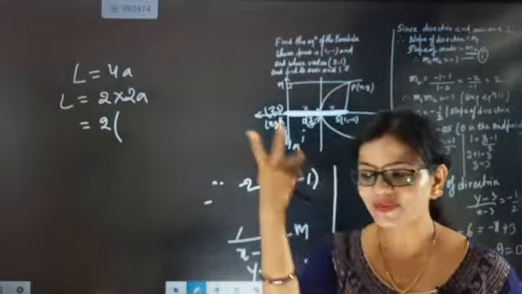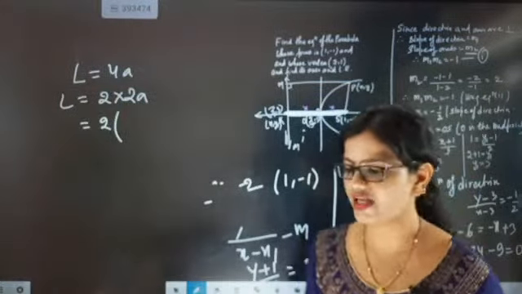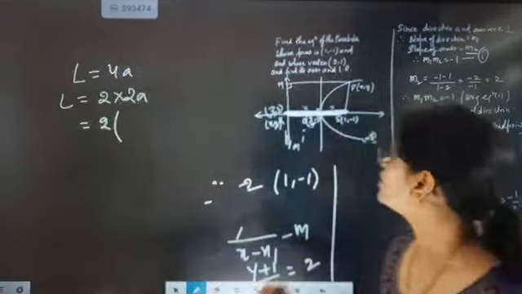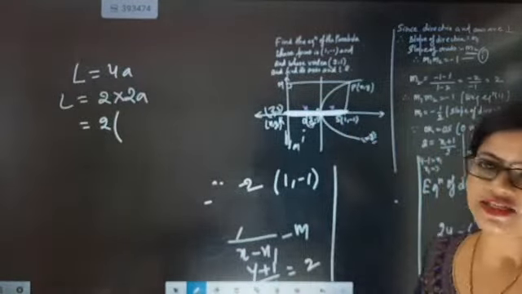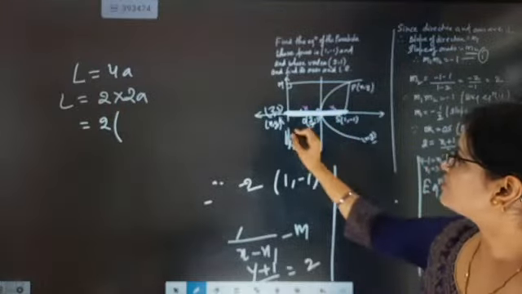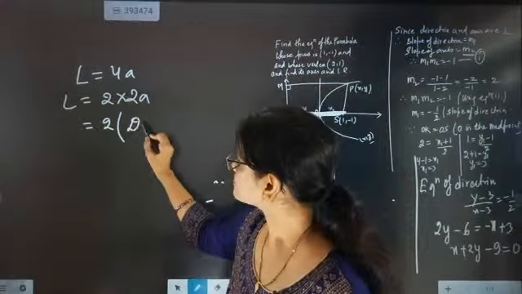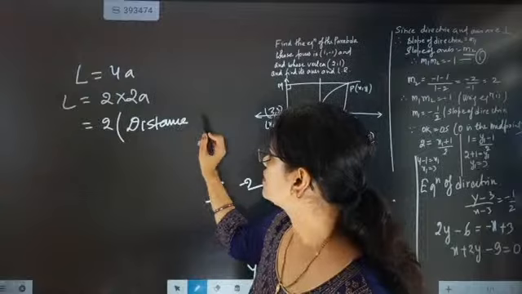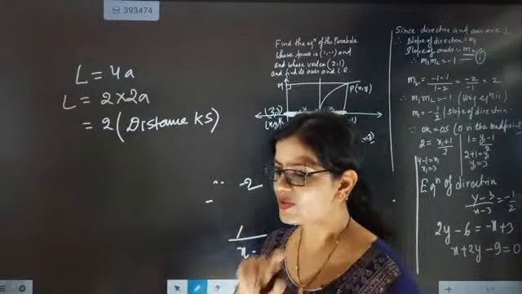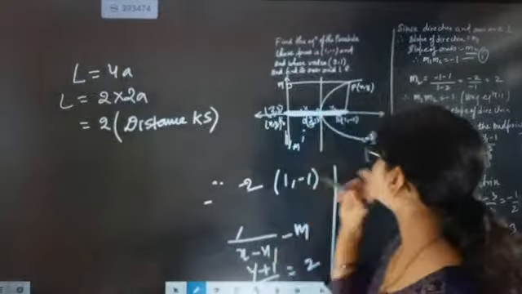If we are able to crack out this length, we will get the latus rectum. Fine. Just one more time think like that, the way I am thinking, because any other way will be wasting time. So the shortcut way is, you know that the latus rectum is equal to 4 into a. Now from the origin to this one is a. From here to here is a. a plus a will become 2a. So if I find the distance KS, once we are able to find the distance KS, story over. Fine. So how to get the distance KS?